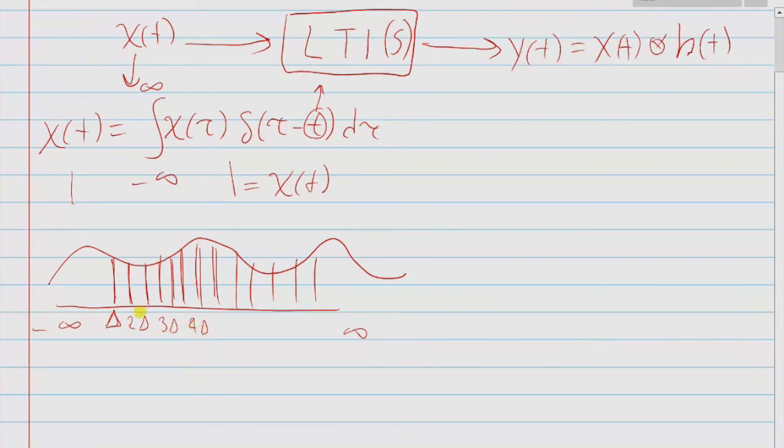So the way I can represent this integral as a sum of finite elements is that I can say that this is equal to the value of x at k delta, where k represents going from delta to 2 delta, 3 delta, and so on and so forth. So k spans from negative infinity to infinity, and for each term,